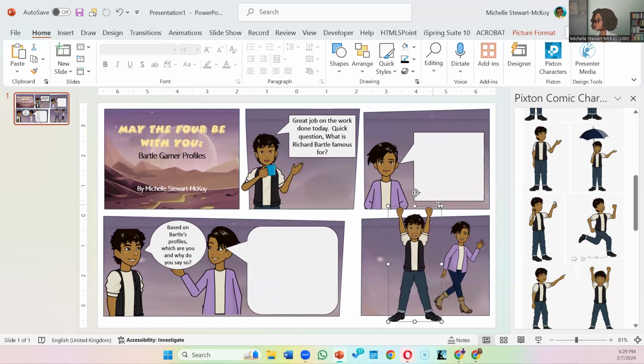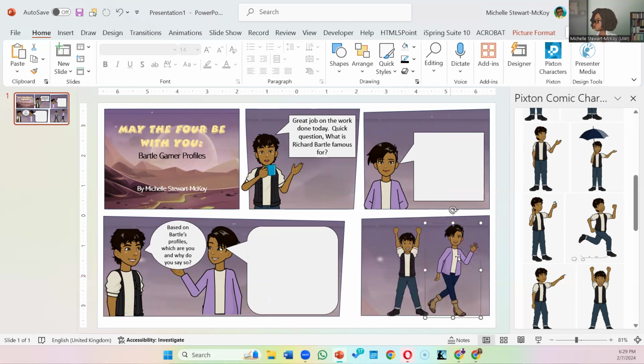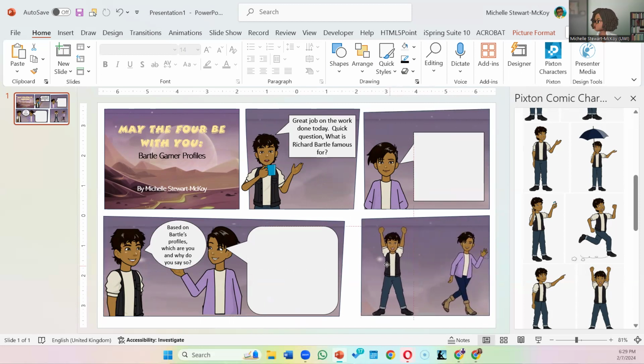And then I'll put him here. I'll have to resize him as well. Right, so I can do that. And she's a little bit taller. So of course, perspective is everything. And I will put